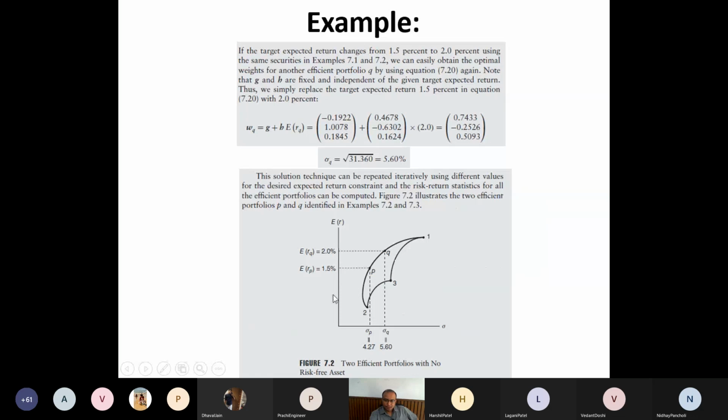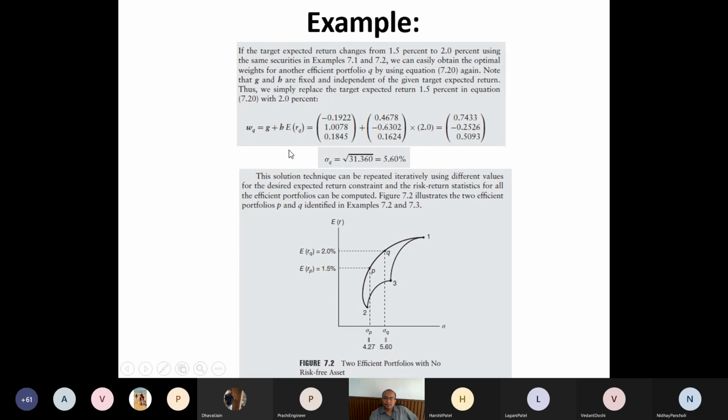Okay. And then we have seen that if I want to shift my portfolio from point P to Q by changing my expected return slightly higher, say from 1.5% to 2%, my weights would change accordingly, right? And it is a linear equation of weight versus expected return. So once G and H are calculated, we need not do much calculation. We just have to substitute the ERQ, which is for the new portfolio, and we have the old values of G and H available, which we can use.